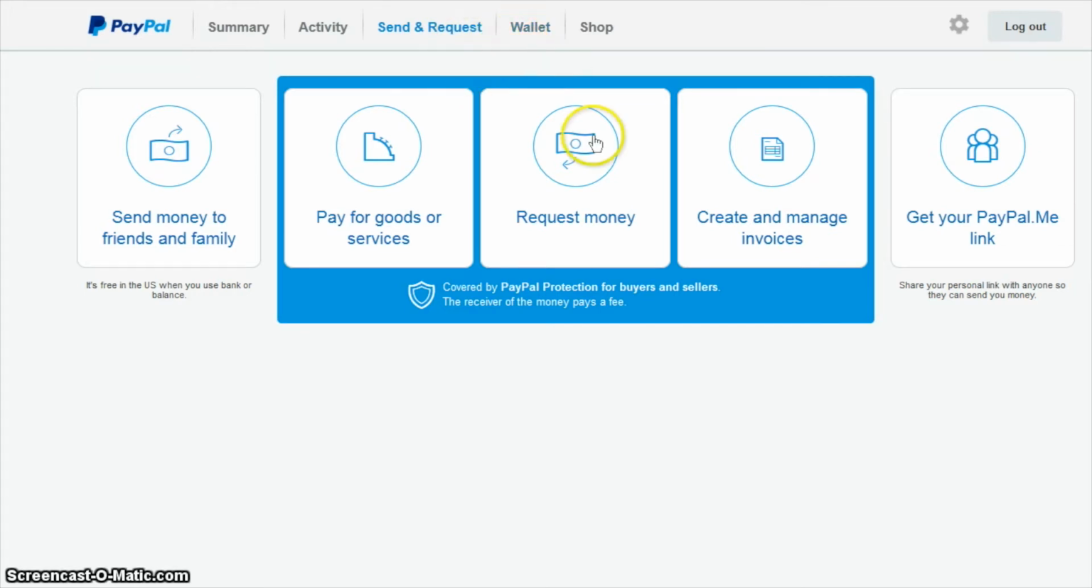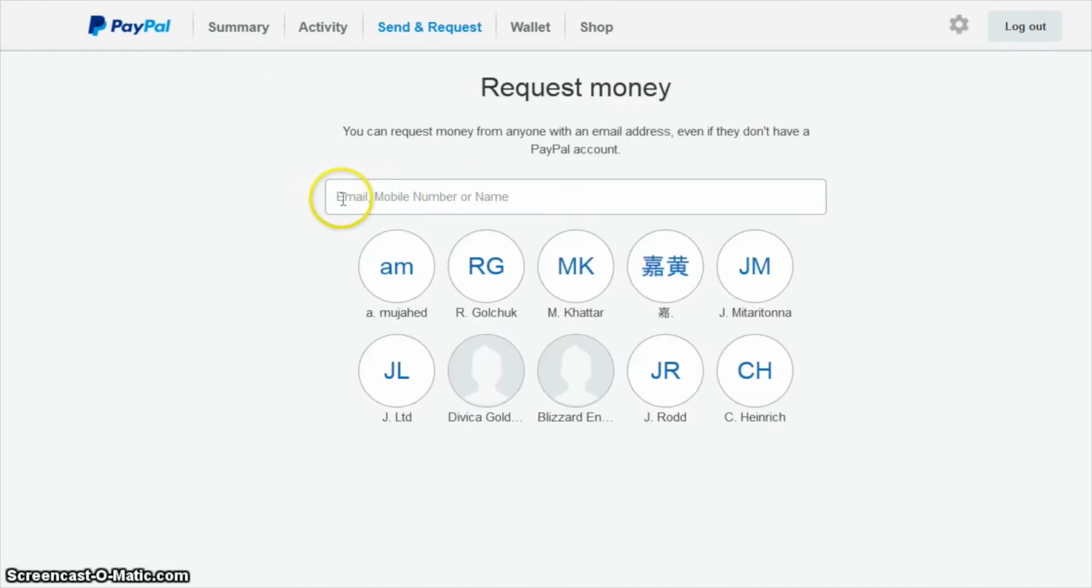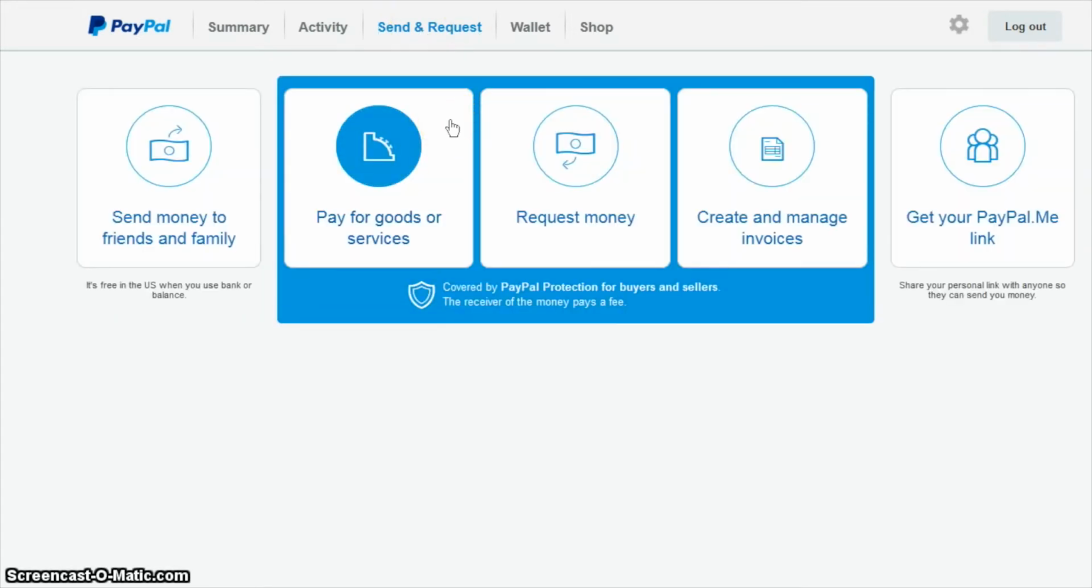So the first way you can do it is, of course, request money. This is the basic way. It sends them an email. They don't have to have a PayPal account. So as long as you have their email, you can click on request money and input the email there. They will receive an email basically stating that the costs and anything that they are required to pay will be